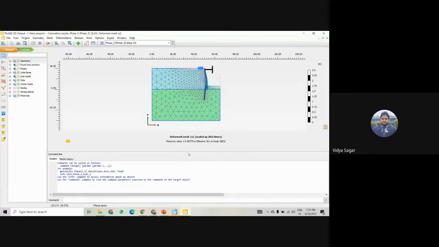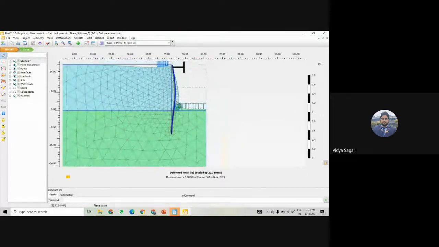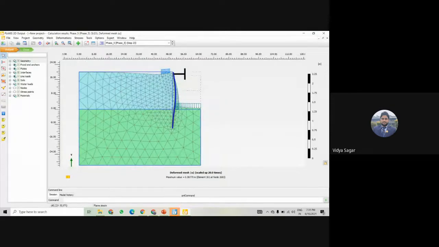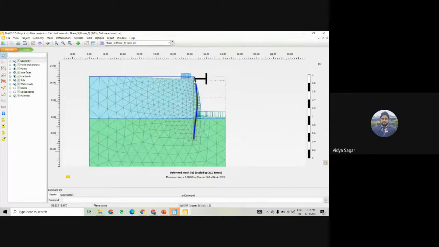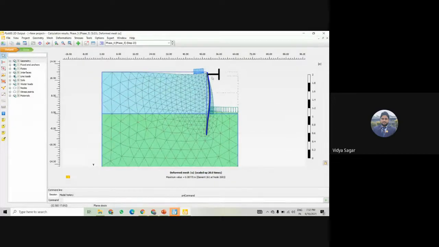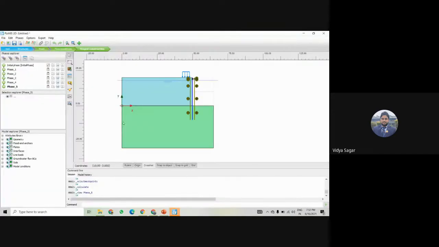So now you can see here, this is a deformed mesh, and this area is the vertical settlement and this area is the horizontal settlement, because this strut is trying to support it. So if I show you again, not applying this strut, deactivating this strut, then what is the result here? That will also give interesting results.